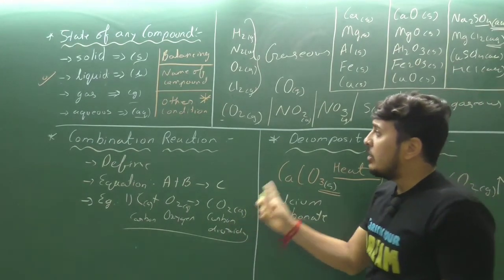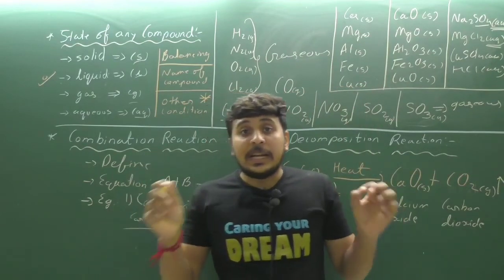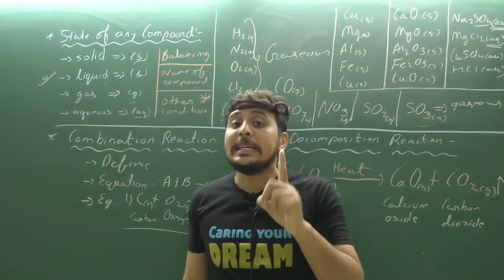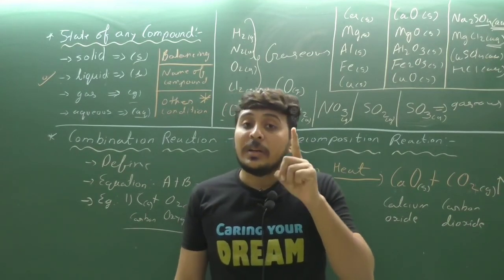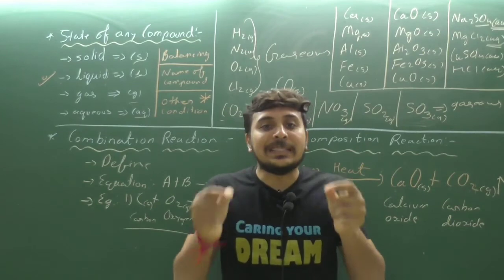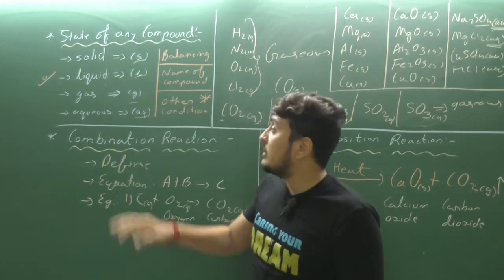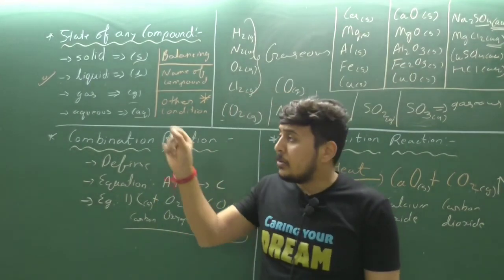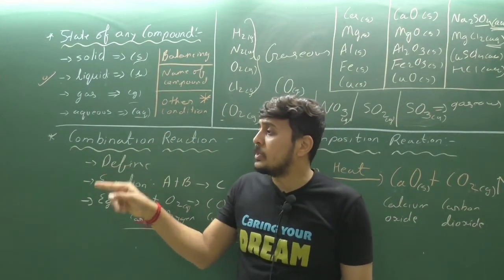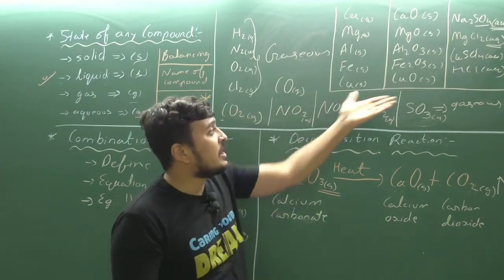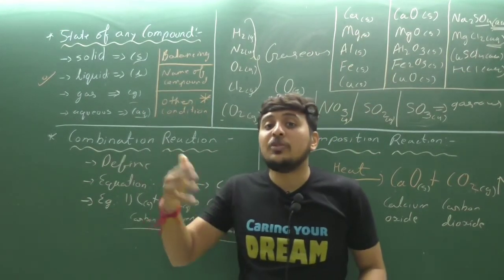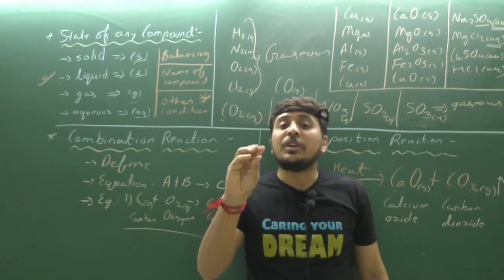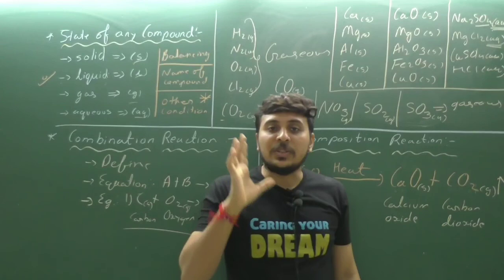Clear? So note it down, and write each and every chemical equation from chapter number 1 and try to balance it, as well as try to write the states on your own. Clear? Try to write the states, whether this compound will be solid, liquid or gas as per the information given here. As well as try to balance each and every chemical equation given in chapter number 1. There will be around 50 chemical equations. So that is your homework.